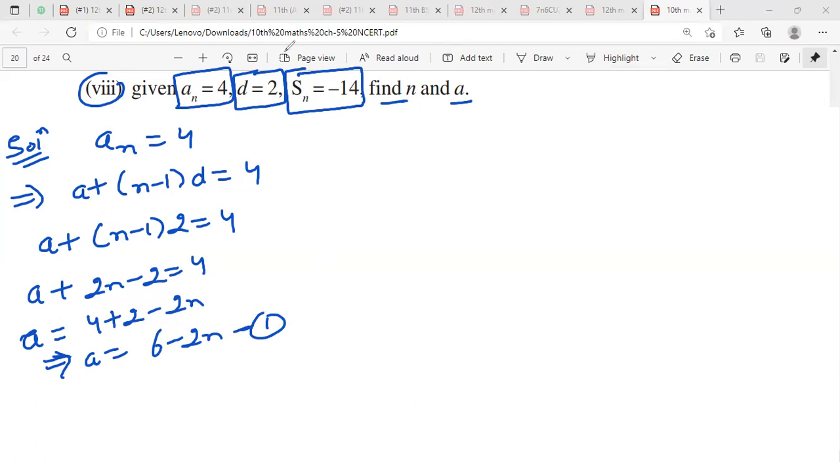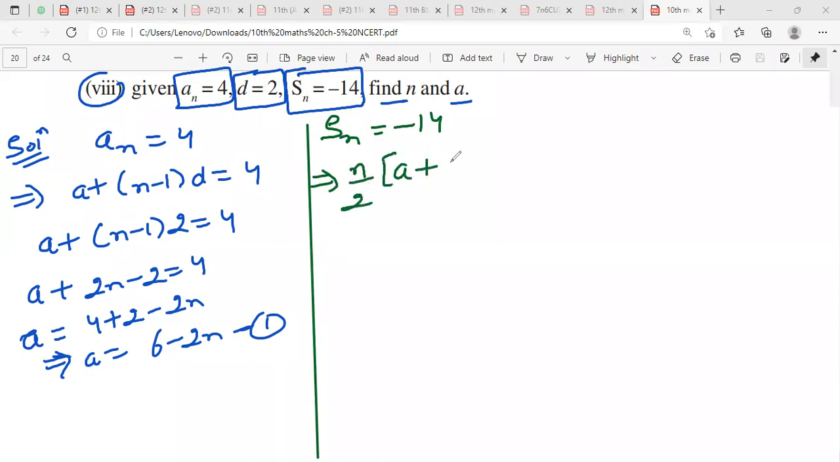Now, Sn is equal to minus 14. Sn is equal to minus 14. It can be written as n by 2 within bracket a plus an is equal to minus 14, right? Equal to minus 14. So n by 2. Or what we can do here,